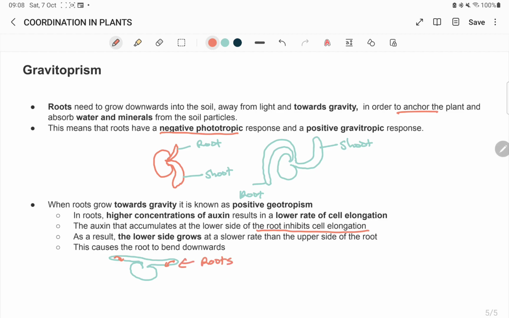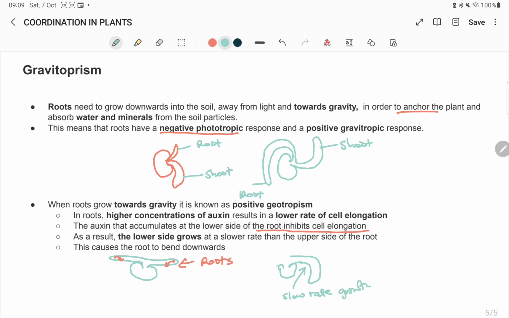So if the roots have a lowered elongation with high concentration of auxins, what will happen is the roots will tend to bend down